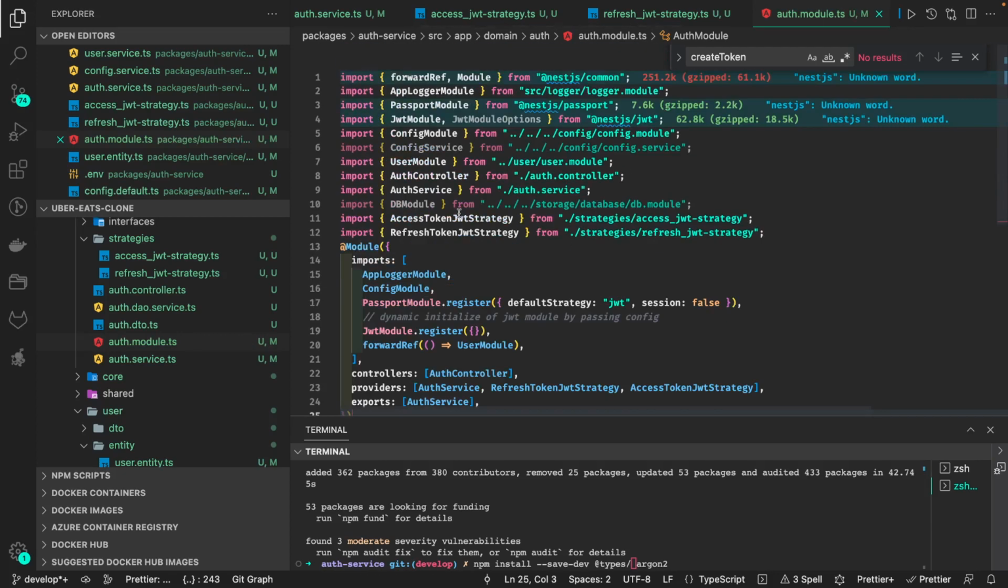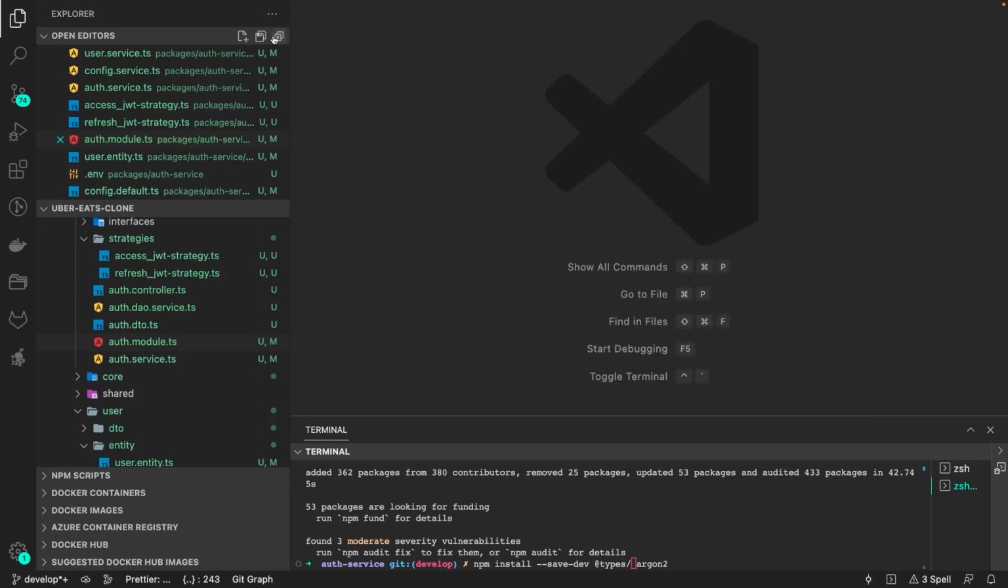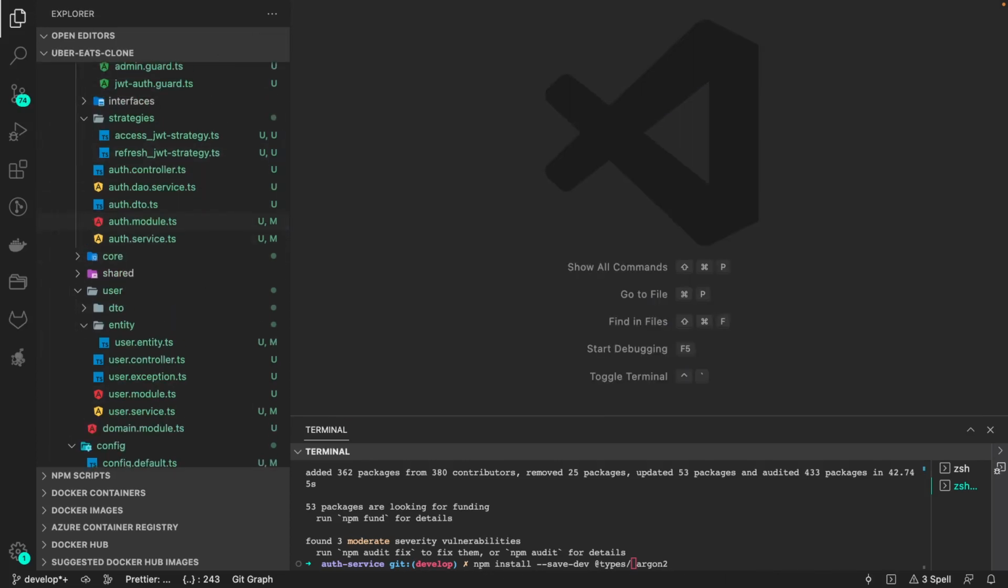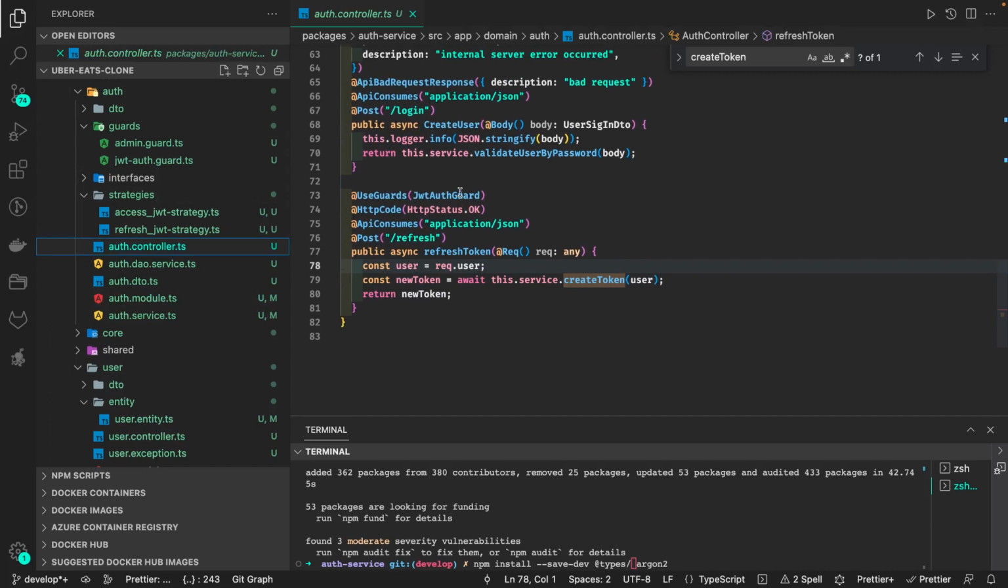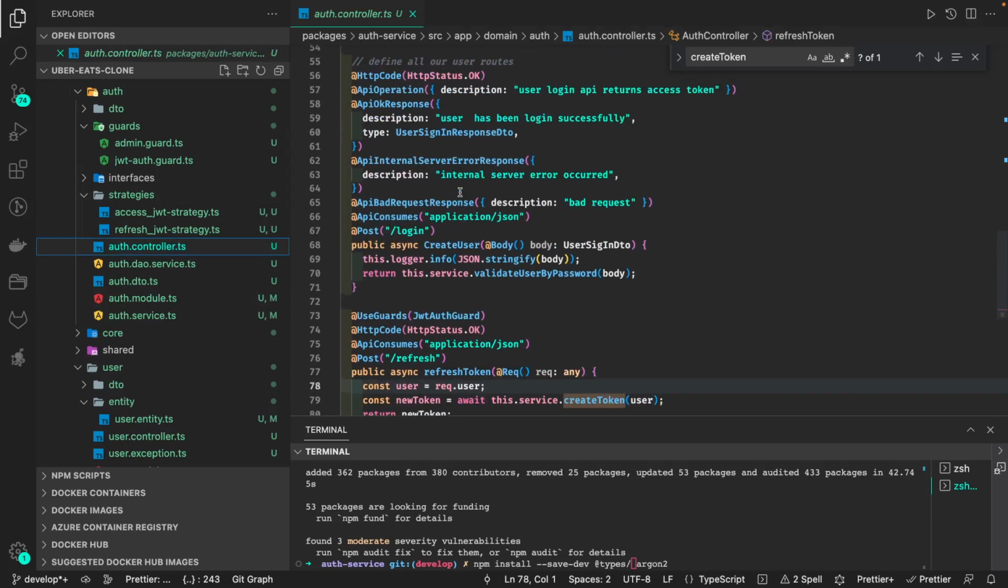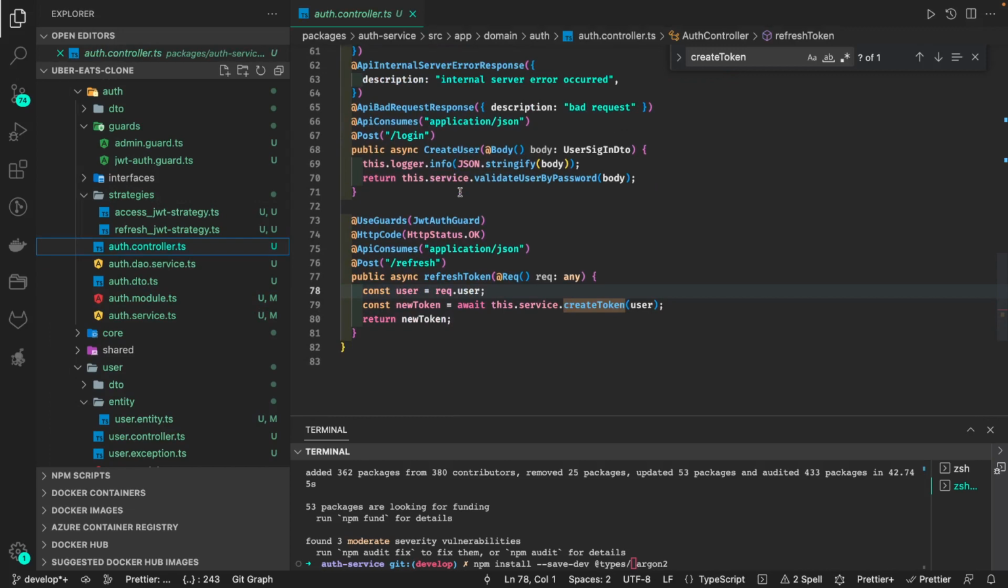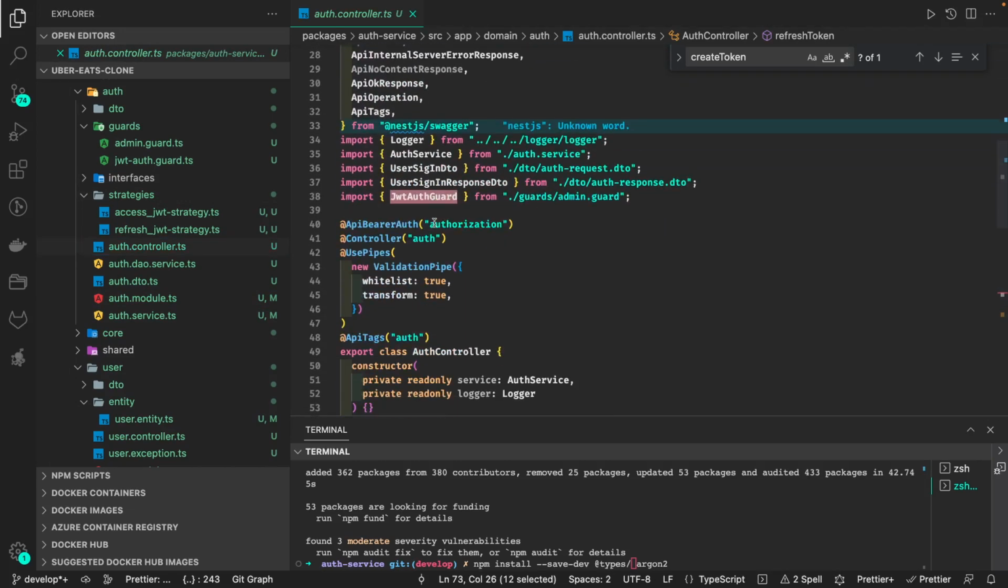Okay, we got both the strategies available. Now we will create a route, because the login is returning both the tokens. Now in authentication, in the controller, we can create a refresh token route here in the auth controller. So we already have sign in and refresh. So here in the refresh, instead of the JWT auth guard, which is the admin guard,